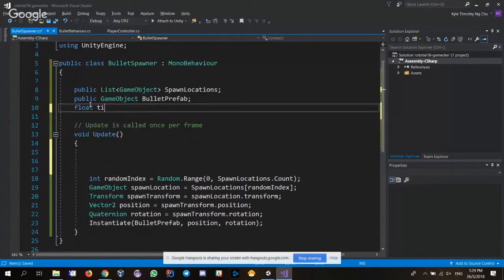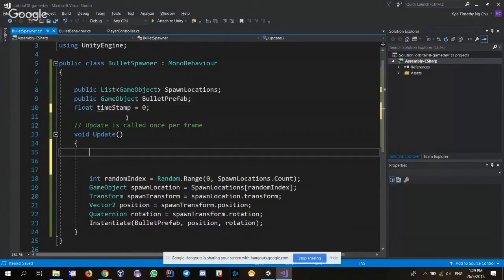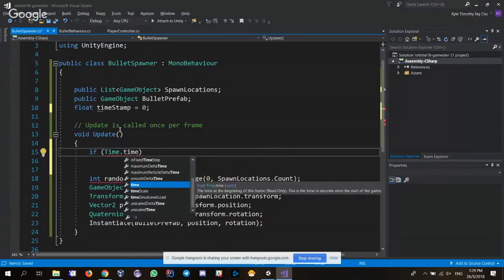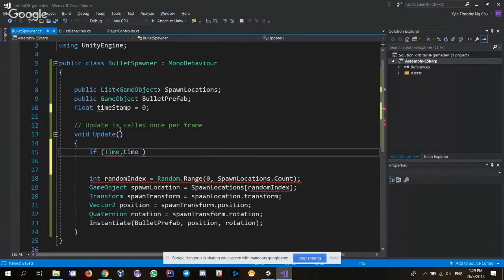We create a float timestamp, and if you don't specify, it will be 0, so I'll explicitly specify it. And if Time.time, which is the time since the game started, is less than the timestamp,